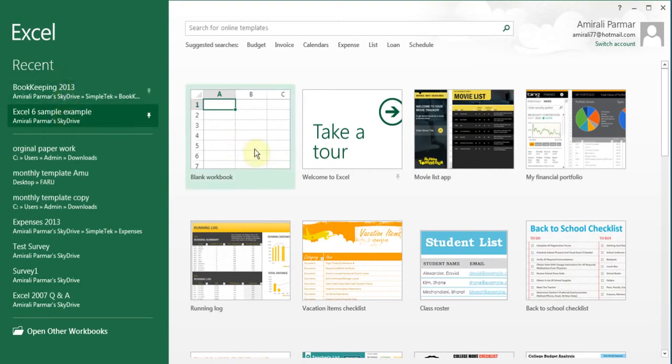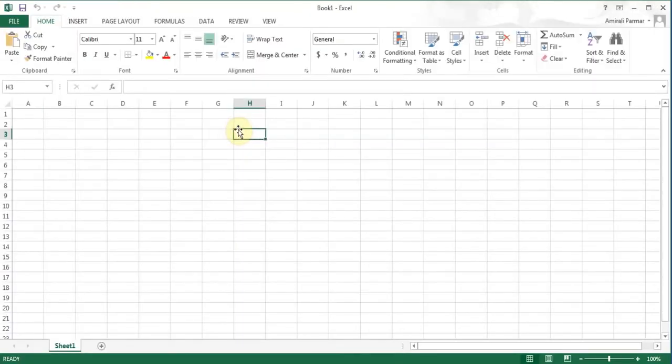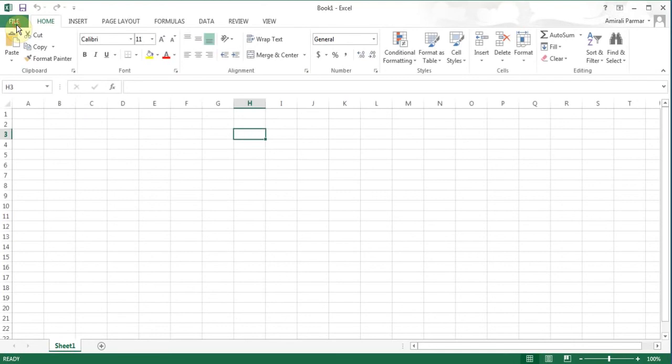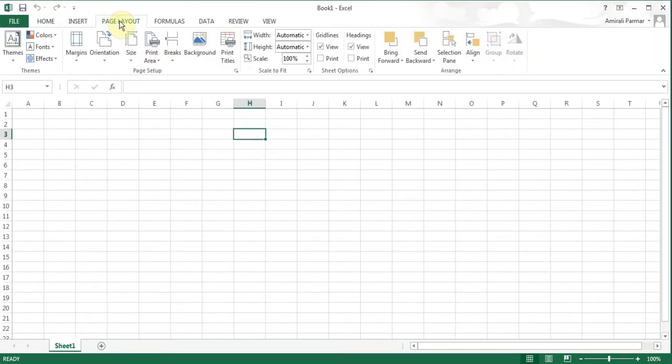So I'll start with the blank, so I'm going to double click on it, and here I am in the blank. So first we'll just go through some basic wording so that we both understand the ideas behind it. So there is the file button here, from which you can open files, save files, print, close. We'll talk about some of them. I can hit the back arrow. These home, insert, page layout, these guys are known as